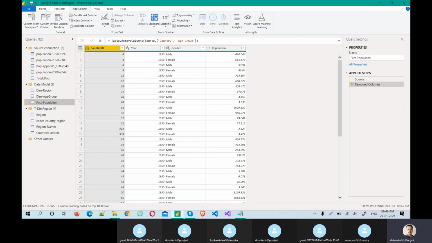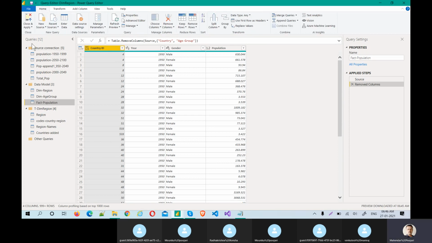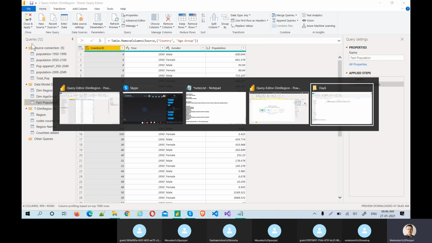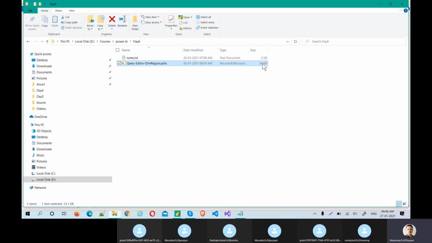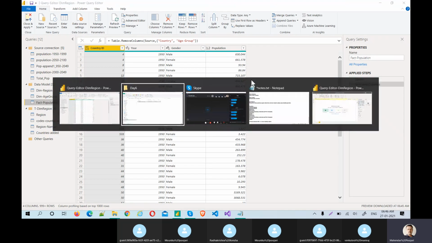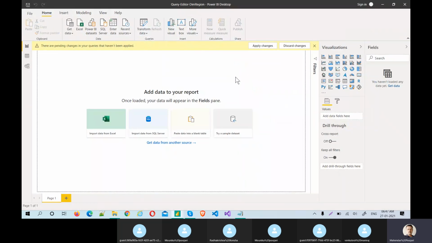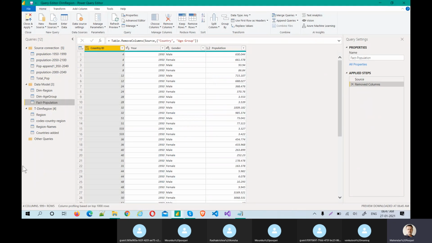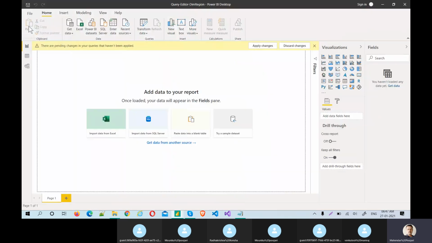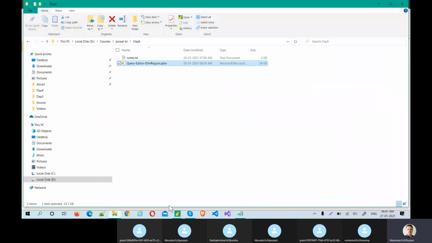But now what I'm going to do is, till now our PBIX file size was how much? Just 24 KB. Guys, it is very less in KBs. Once I load the data, you will understand the difference, and you will see what happens from a performance point of view. I'm going to tell you a performance improvement step. Now let's load and see what the size is. Currently, how much is it? 24 KB. Let's write it down here.